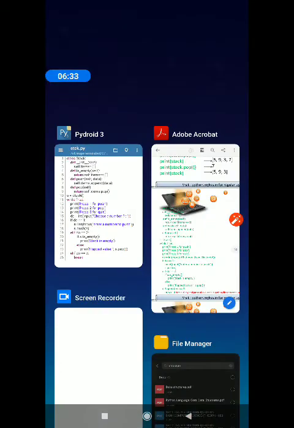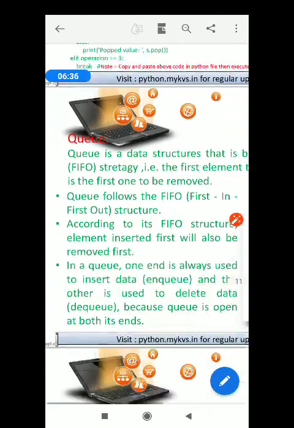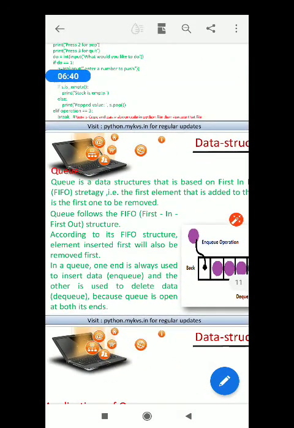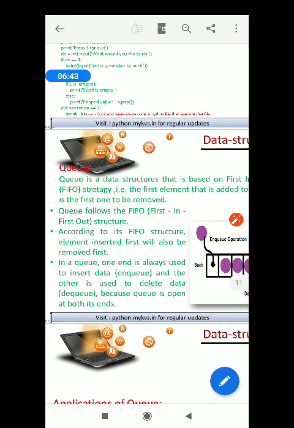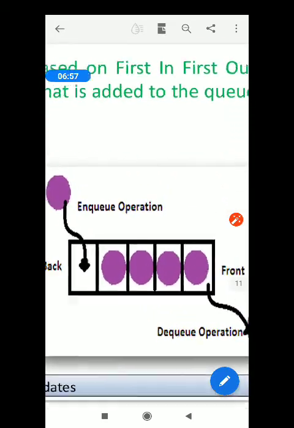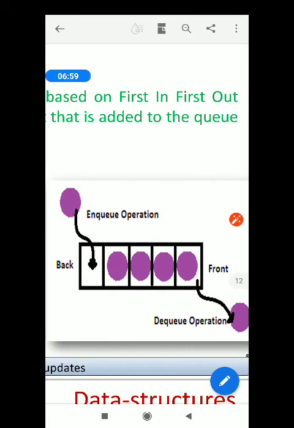Okay, coming to the next part, the queue data structure. Again, queue is another data structure, but it differs from the previous one, stack, by the technique it will use to enter the data. So it is a first in first out data structure. If you can see this queue in our general life, actually your assembly line is a queue,